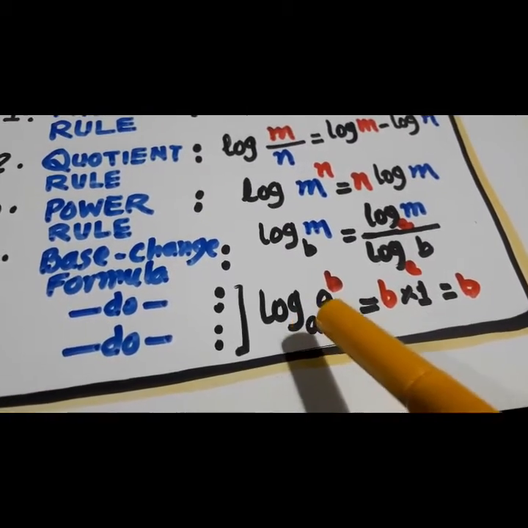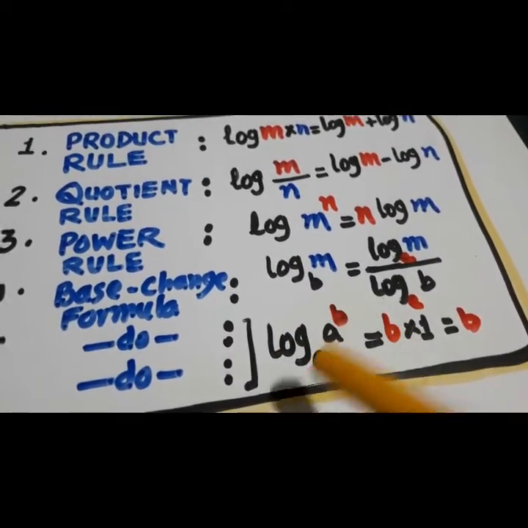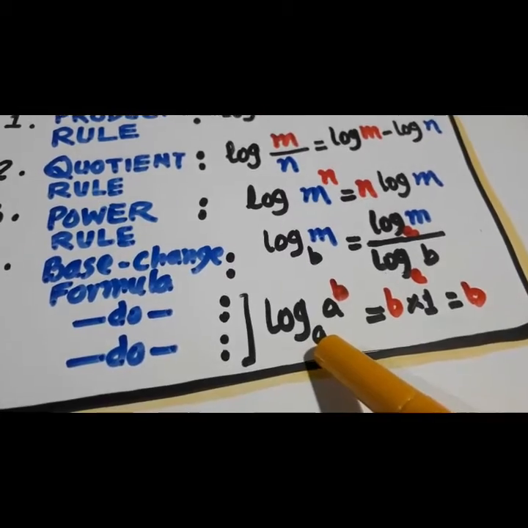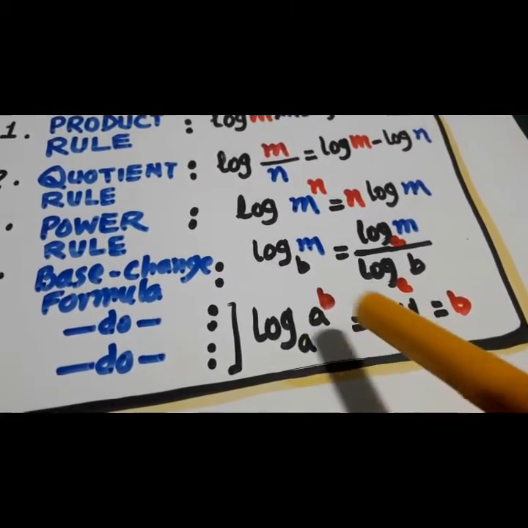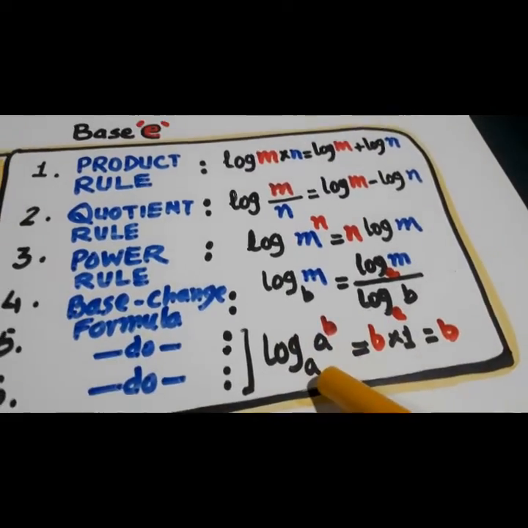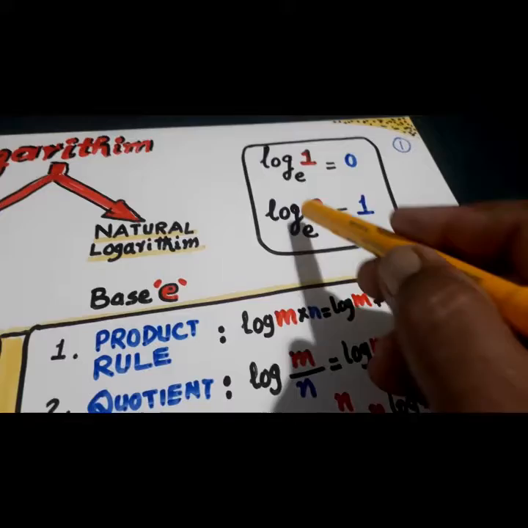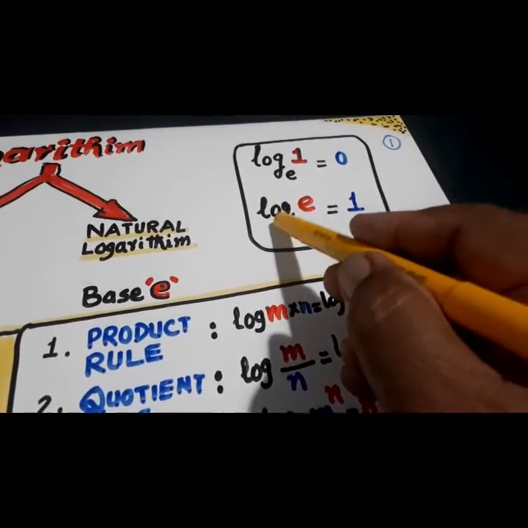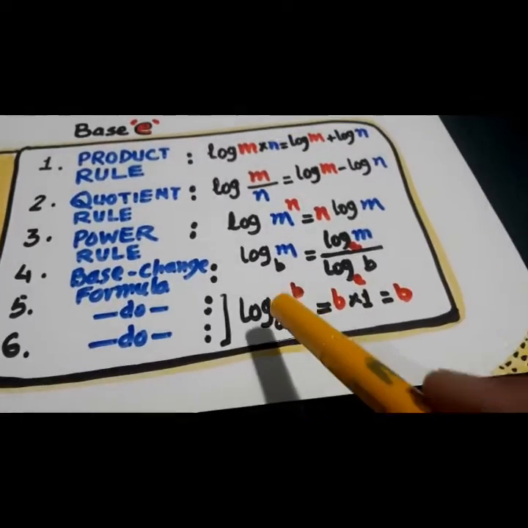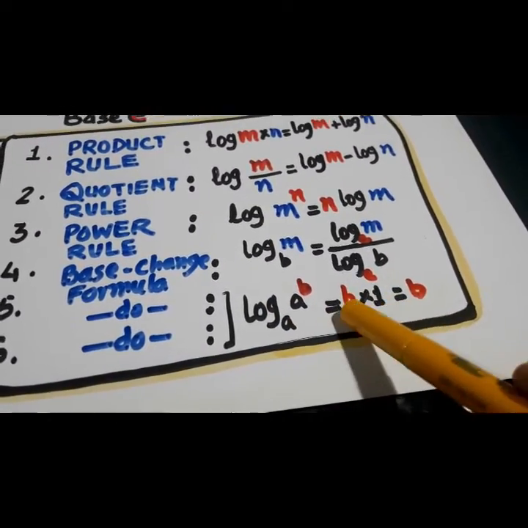Look here, this is log m raised to power n, or log a raised to power b with respect to base a. The b comes down, it will become log a of a, and it will be 1. Log a of a: here it is e over e, log of e with respect to e is 1. Similarly, log of a with respect to base a will be 1. So b into 1 is b.